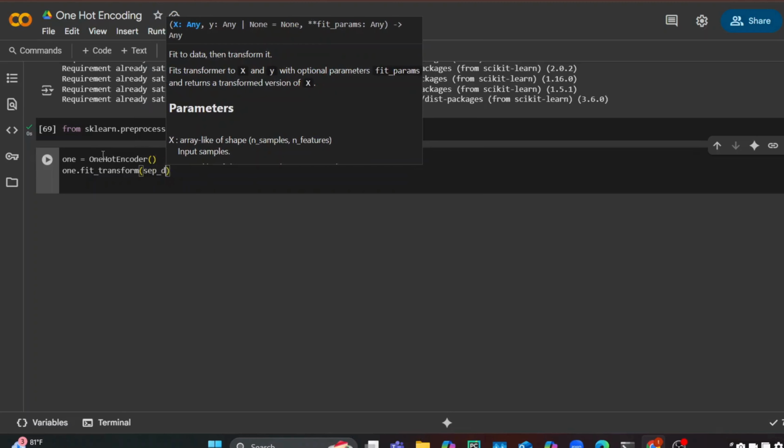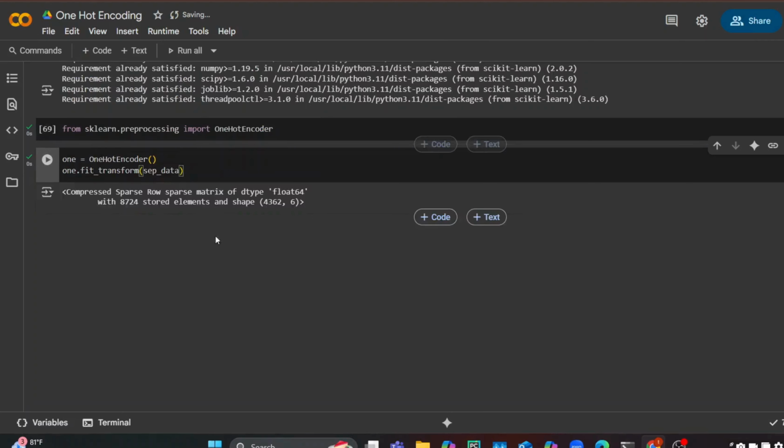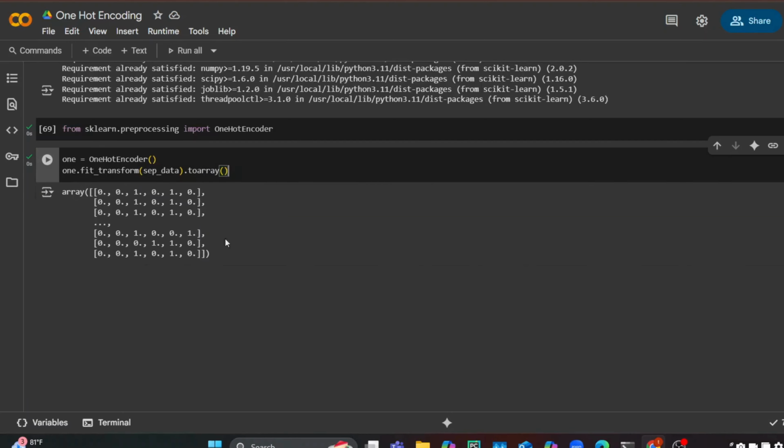Within this will be the sep data. I think this is it. We can run it. Alright, so it actually returns a matrix. So in order to make it visible, we have to convert it into array. So to array, and when we run it, now you can see it returns us an array of Boolean values,